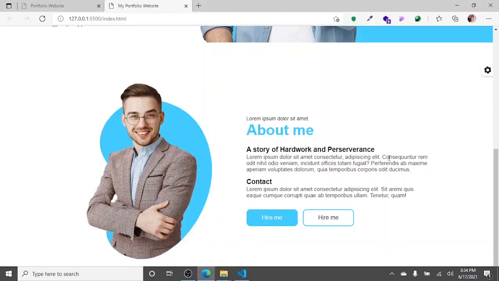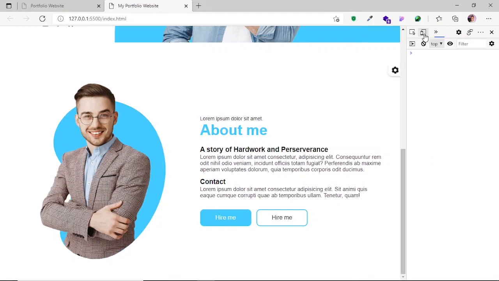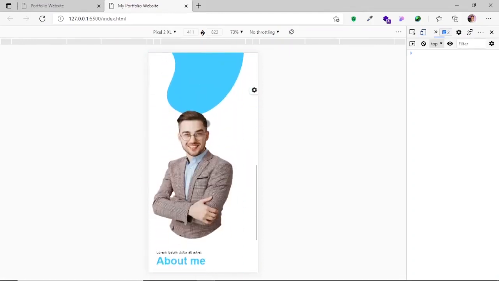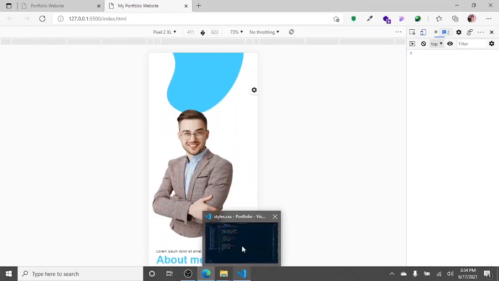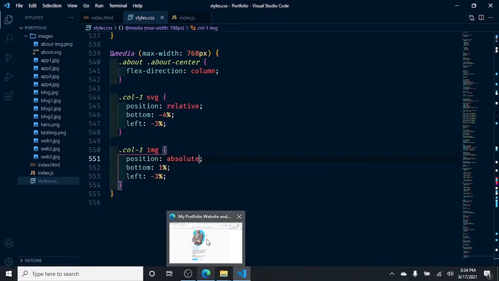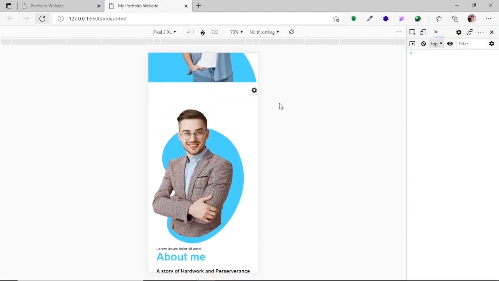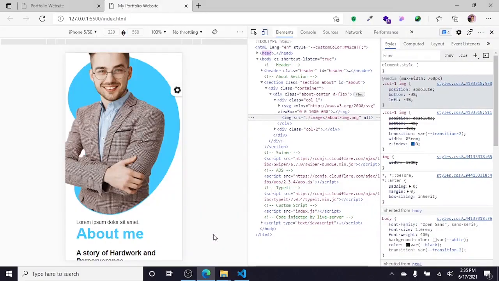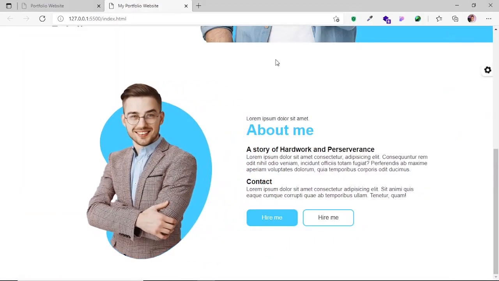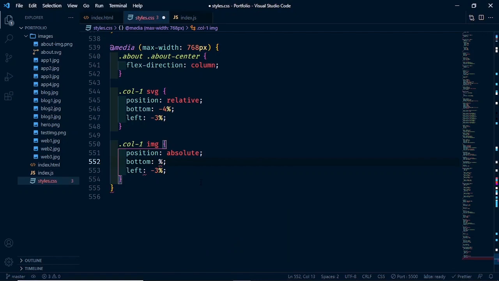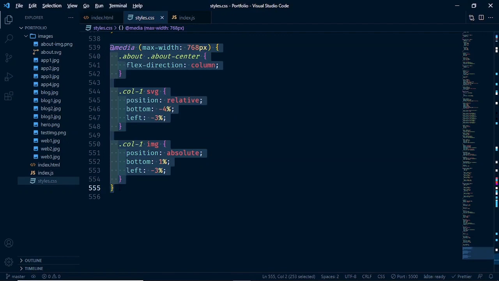Let's go back and change this to responsive mode. Okay, it's not taking effect. We need to change the image to position absolute. Now let's head back to our browser and refresh. -3% and should be placed properly. Let's close this. Okay, let's make it 1%, and we're going to write another media query for